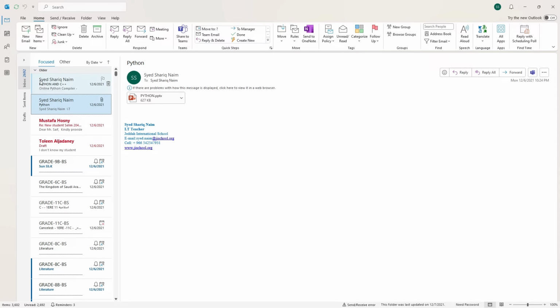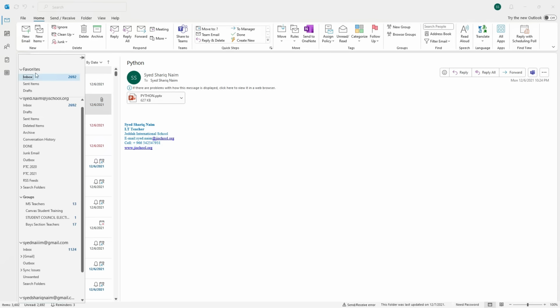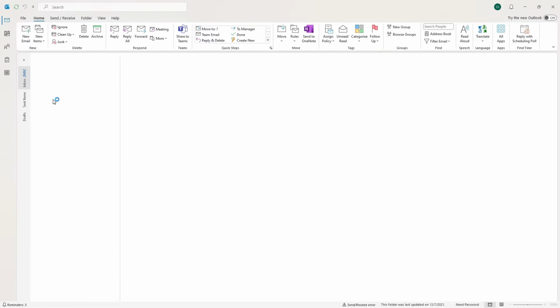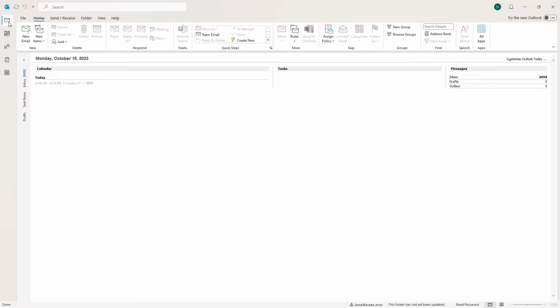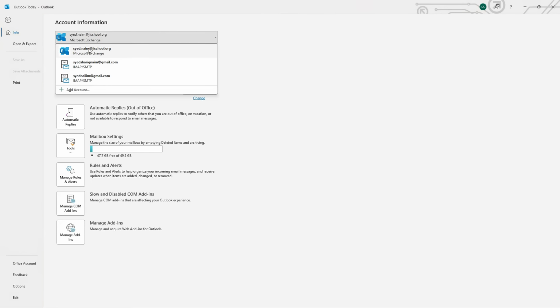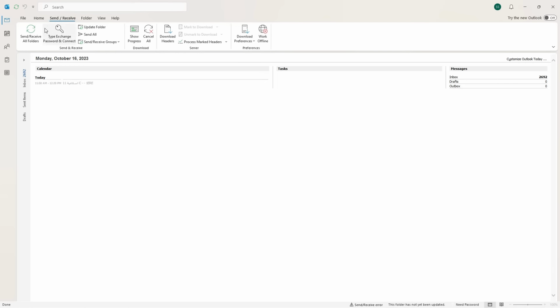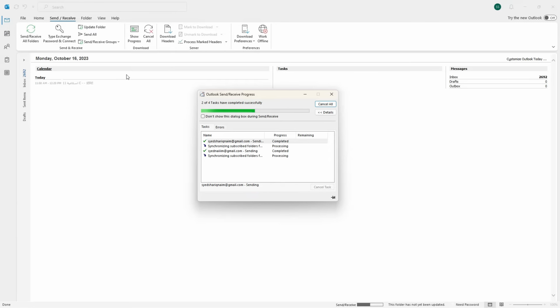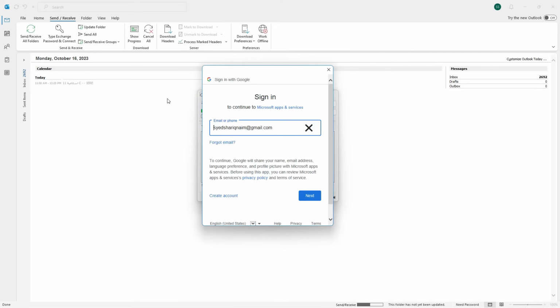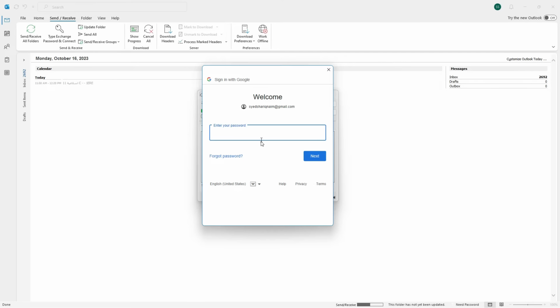So if I want to use this account, suppose, or I want to use another account, I can use it easily. Suppose I choose this and I come to send receive, and when I click on this, all the emails I will receive here.